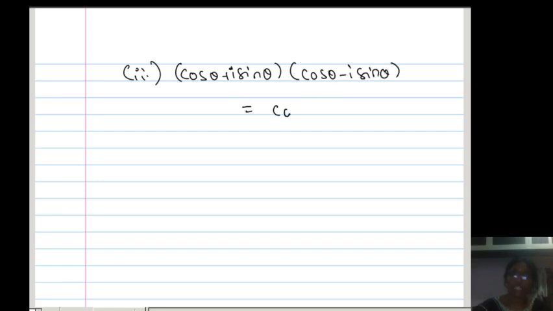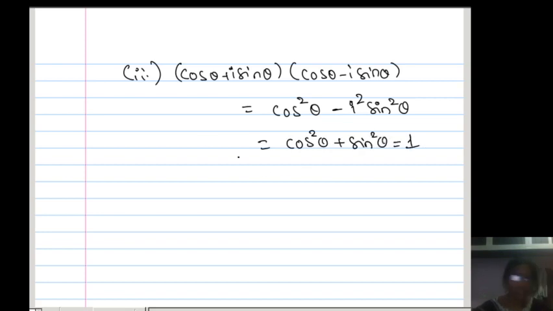So the next point. What is our third point here? Cos theta plus i sin theta, I think I already discussed this. (Cos theta plus i sin theta) into (cos theta minus i sin theta). A plus b into a minus b can be written as a square minus b square. So cos square theta minus i square sin square theta, but i square is minus 1, no? So minus into minus is plus, so I can write cos square theta plus sin square theta, which is equivalent to 1.